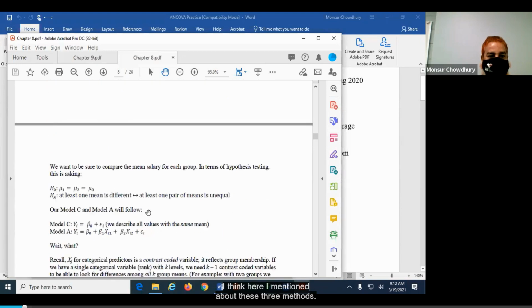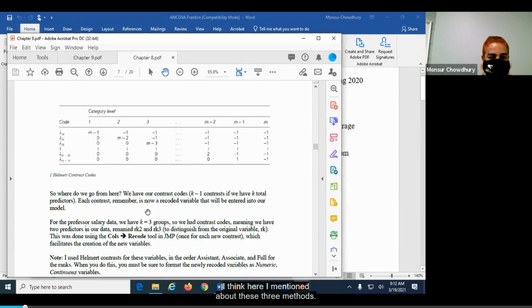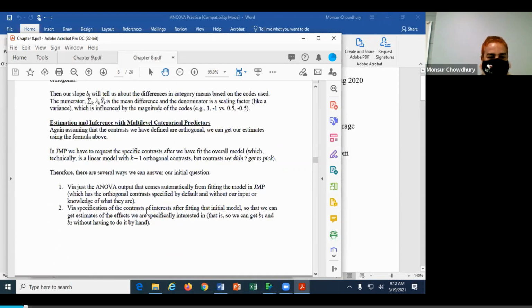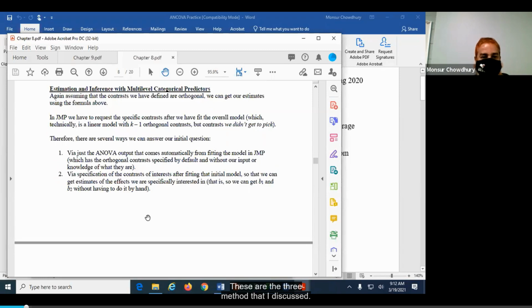I think here I mentioned these three methods. These are the three methods that I discussed. Method 1, we just get the output that comes automatically by fitting the models. We don't do any contrast coding in method 1.